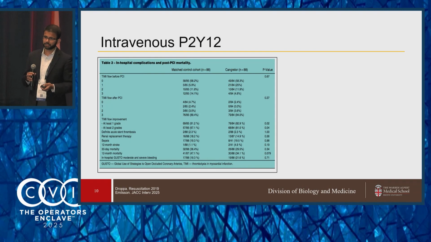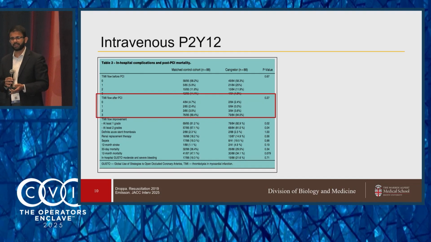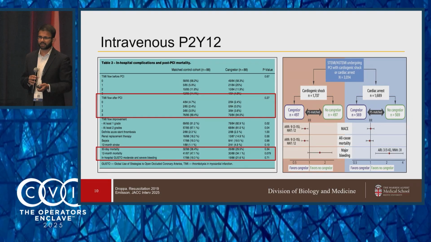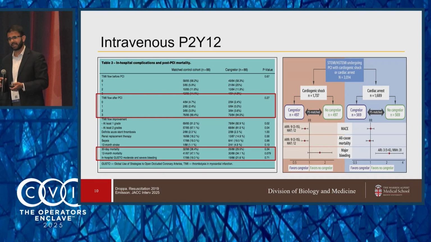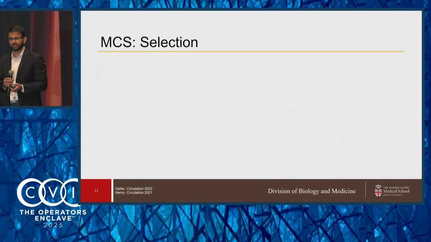There was the initial study, now almost 5-6 years old, that looked at TIMI flow grade after intravenous cangrelor and showed an improvement in TIMI flow rate, maybe a signal towards mortality, but no real increase in bleeding. More recently, from the SCAR registry, published in JACC Interventions, they looked at cangrelor and compared that to patients not getting cangrelor. Again, take this with a pinch of salt because it's retrospective, but